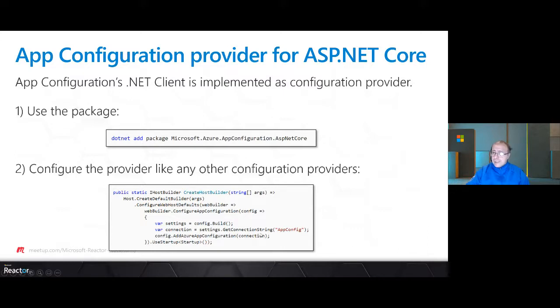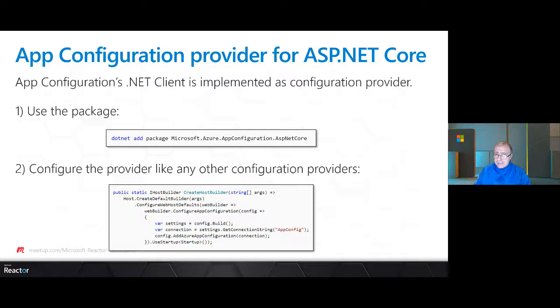You need a connection string, I show you in the demo. A connection string is a string that contains the name of the app configuration service, the URL, sorry, and the key you can use to interact with it. Of course, you can use role-based access control and Azure Active Directory to secure the connection between your application and app configuration. But the idea is, if you want to use app configuration in your .NET Core, you need to change your code, yes, but you need to change only the startup class